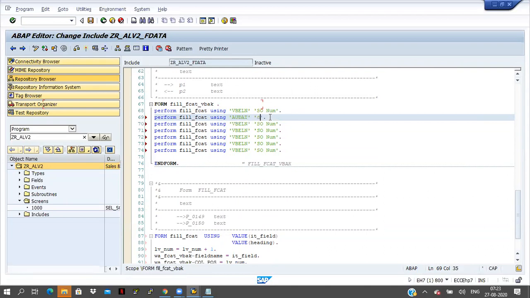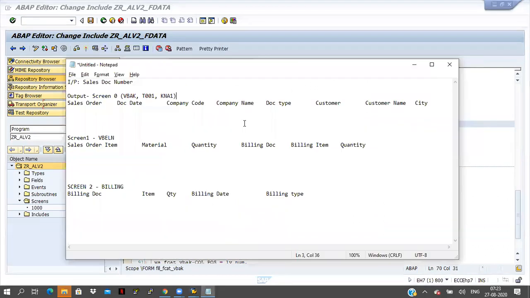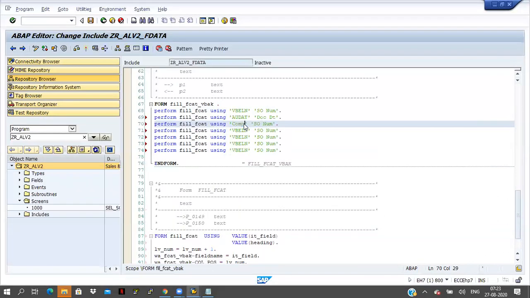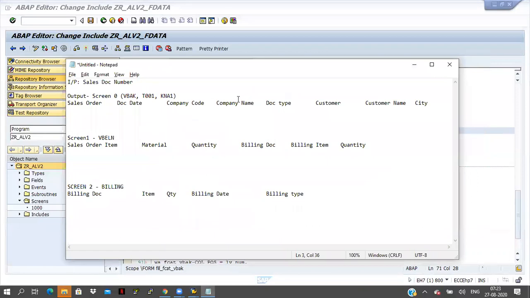This is the document date, and the next one is the company code. Next one, company name.